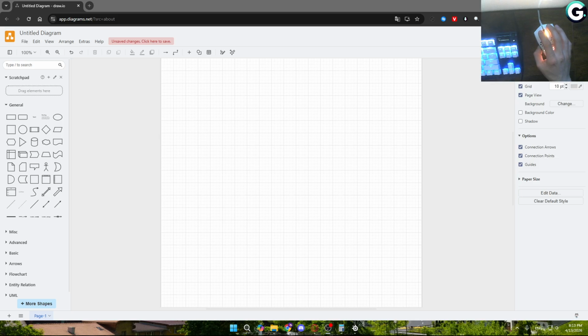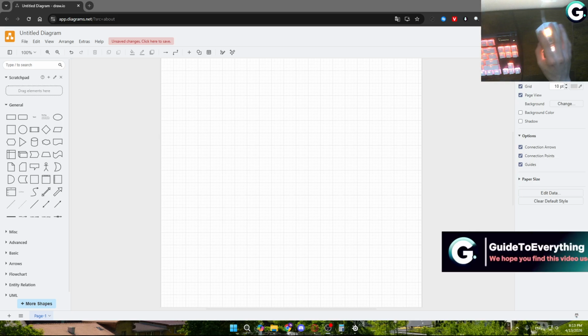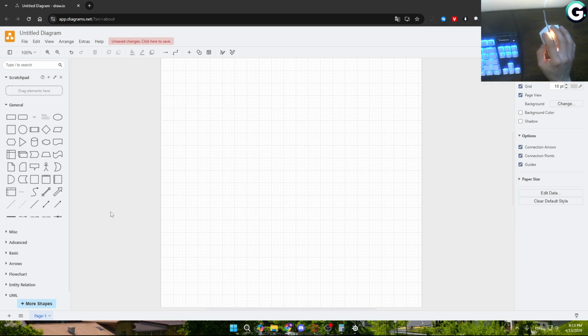Welcome, and in this video I'm going to show you how you can change themes in draw.io. So basically, as you can see right now, I have white theme. It is themed because my Windows is now set on white. And to change that to, let's say, dark color, what I will need to do is go right here to